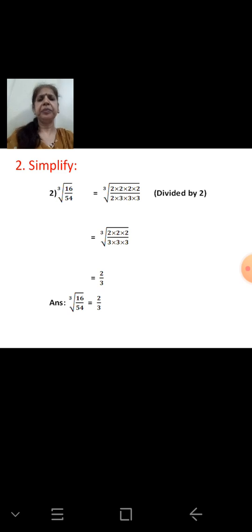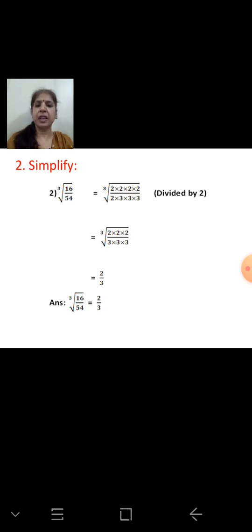Next question is, we have to find the cube root of 16 upon 54. Is 16 a cube of any number? No. Is 54 a cube of any number? No. But what we are going to do is, first we are going to write the factors